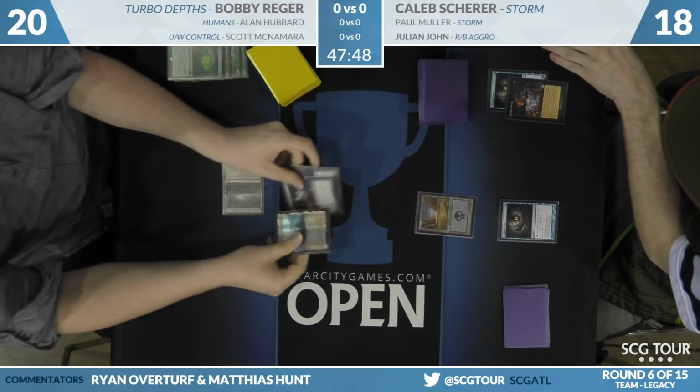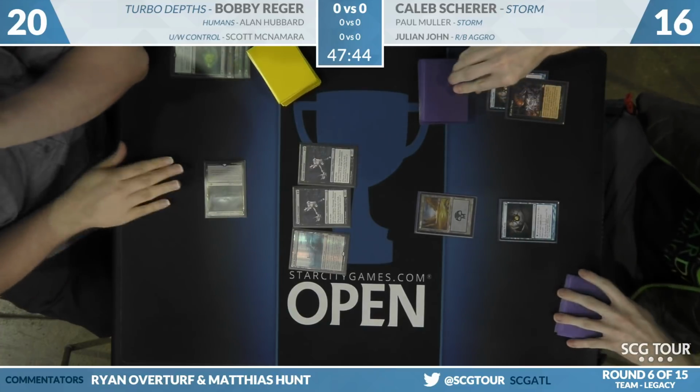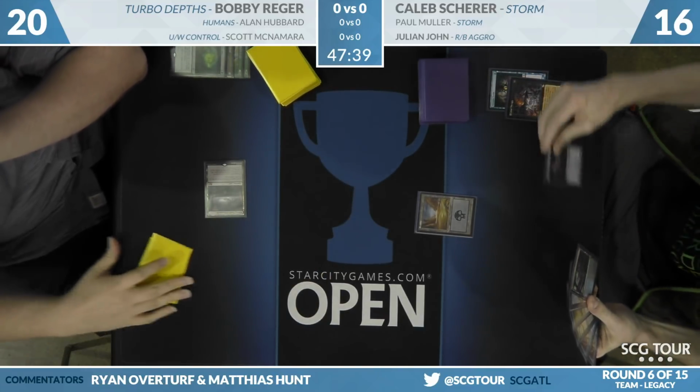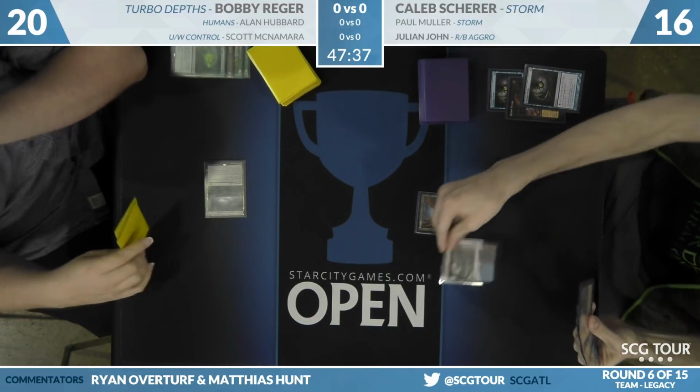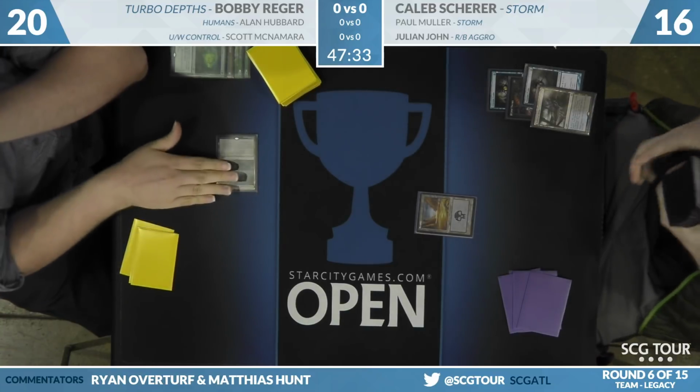Gitaxian Probe from Caleb, down to 16. 2 Hex Mages. Let's draw another therapy. Yeah, I'd like to therapy those ones. There's at least a Lion's Eye Diamond available for Caleb. I believe an Infernal Tutor in the holdings. So it's only a very small number of things you need in addition to that to have a turn 2